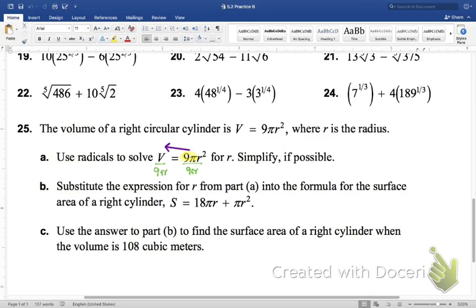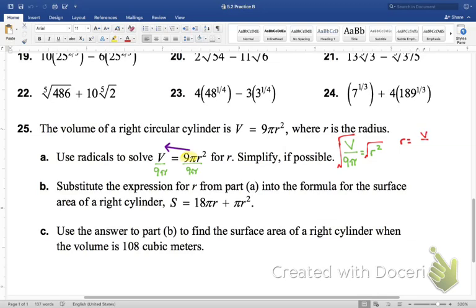So if I have V over 9 pi equal to r squared, what do I need to do to both sides? Take the square root. So I'm going to take the square root of the right. I'm going to rewrite the order. I'm going to have r equals,